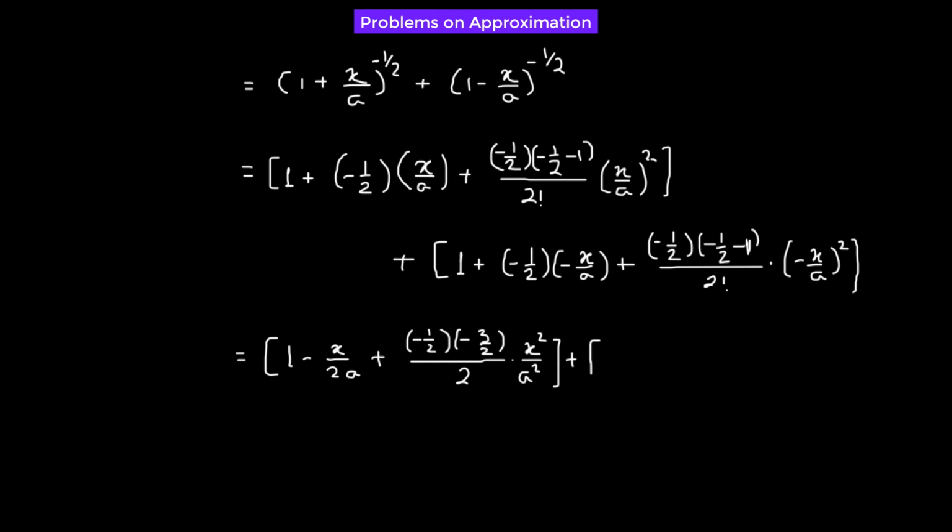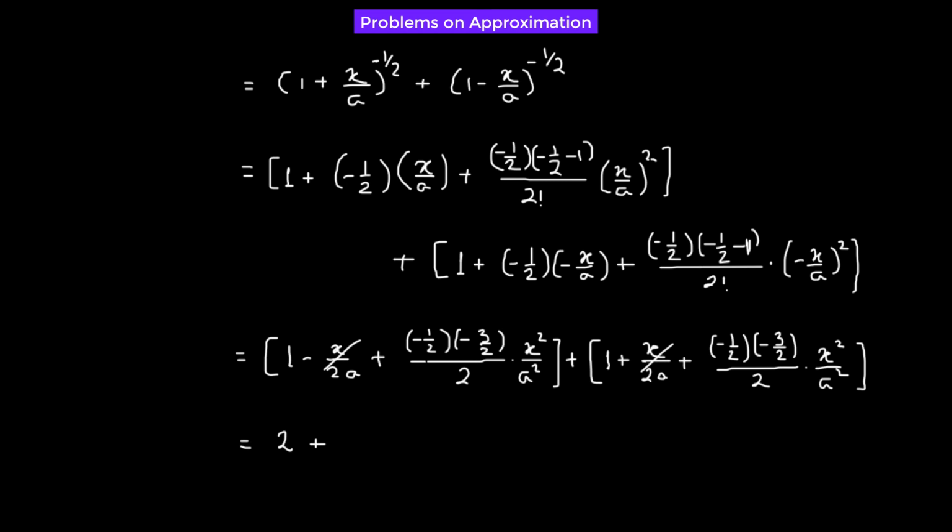Similarly, for the second expression, we get 1 plus x over twice of a plus negative half times negative 3 over 2 divided by 2 factorial, which is simply 2, times x squared over a squared. Now we combine the like terms, so x over 2a, negative x over 2a, and positive x over 2a cancel out. So we add the like terms, so we'll have 2